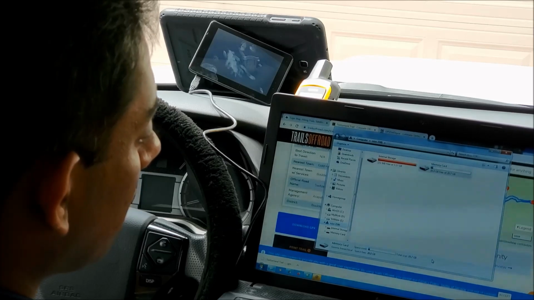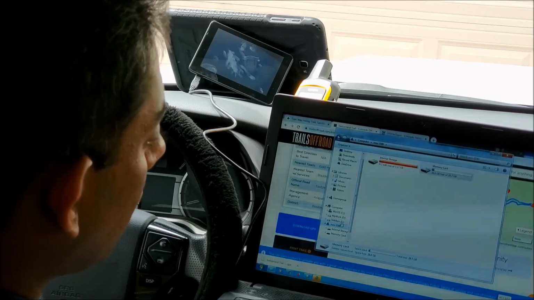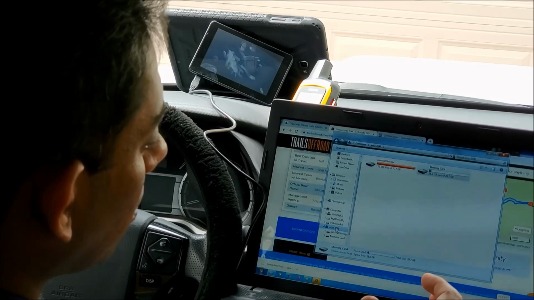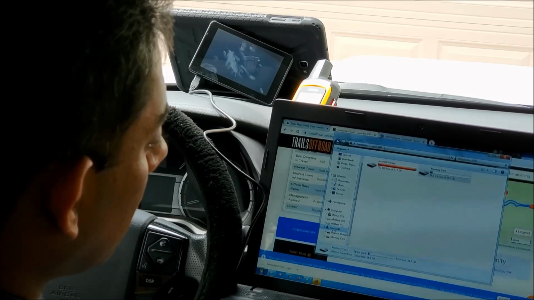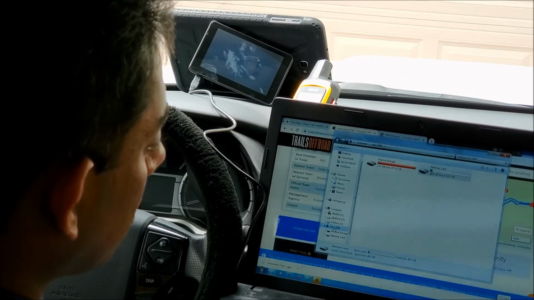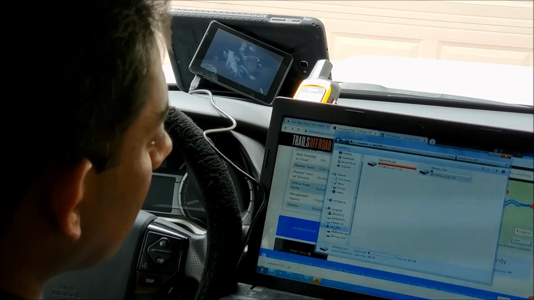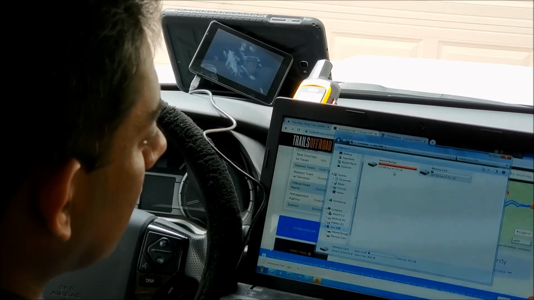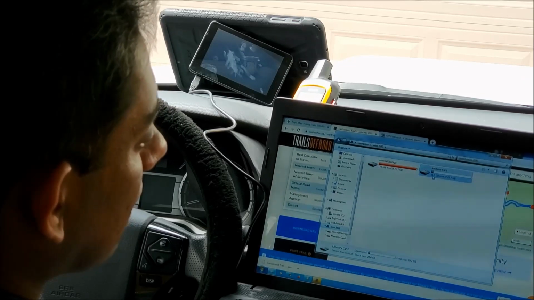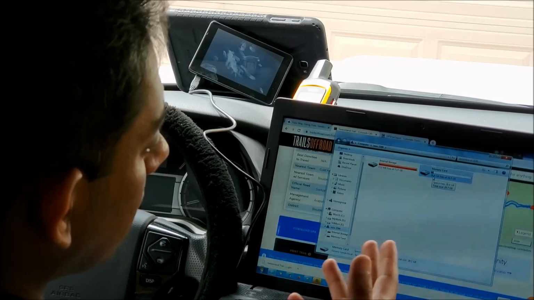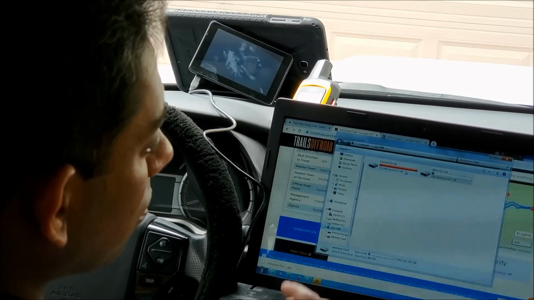Now I'm going to take my laptop, open Windows Explorer, at least this is a Windows machine, and click on my GPS. In my case, this is a Garmin Nuvi 3590. I have its internal storage and its memory card. This is an old GPS, so internal storage is almost full.